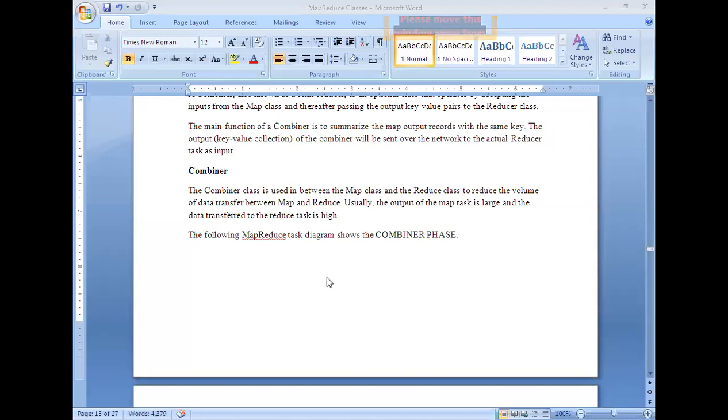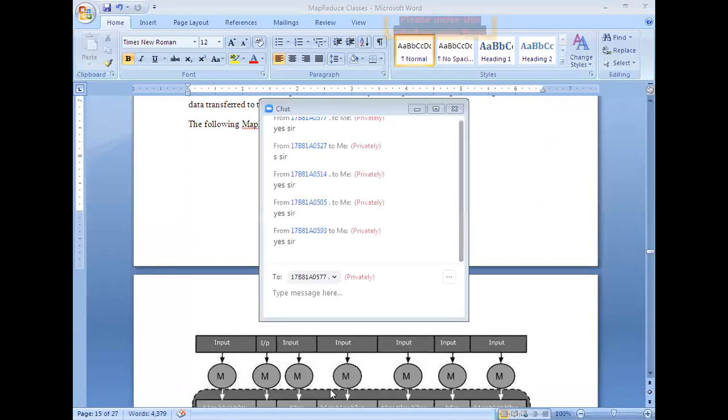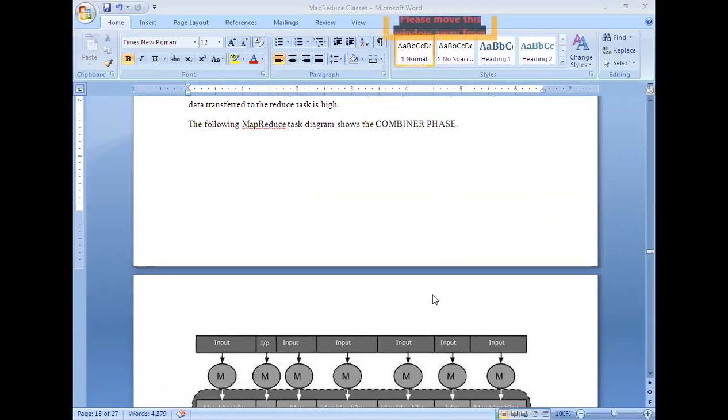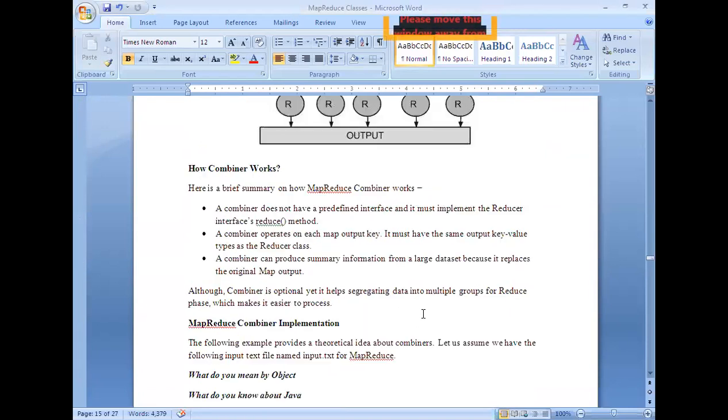So that is about combiner logic. Now let us see how this combiner works. A combiner does not have any predefined interface, and it must implement the reducer interface's reduce method.